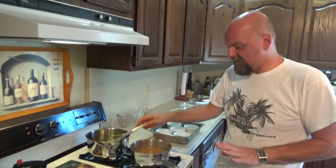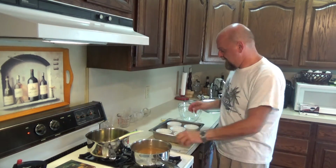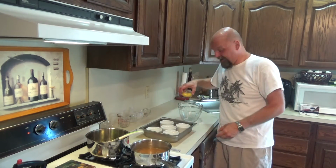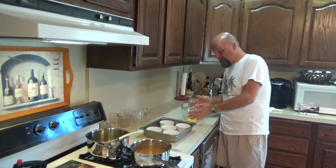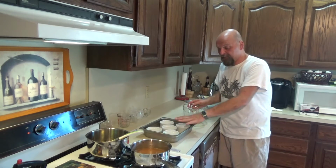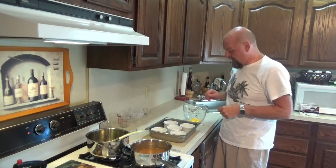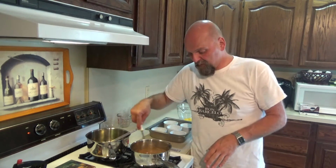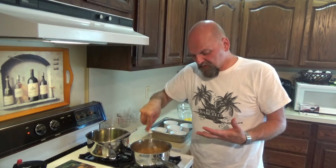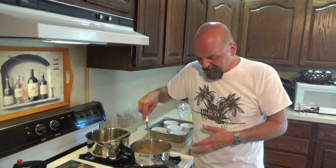Okay, I'm going to let that sit for just a couple minutes because I think it's too hot to temper, because we have to temper our eggs like we've done with a bunch of them. Here's my 5 egg yolks. I'm going to put them in my big pitcher here because I want to be able to pour them into my ramekins, which I have ready here. My oven's already preheating to 300, so I'm just going to let this cool for just a minute, because when it's that boiling hot, it cooks your eggs. That's what we found before. So see all the steam, how hot it is. It's not boiling,